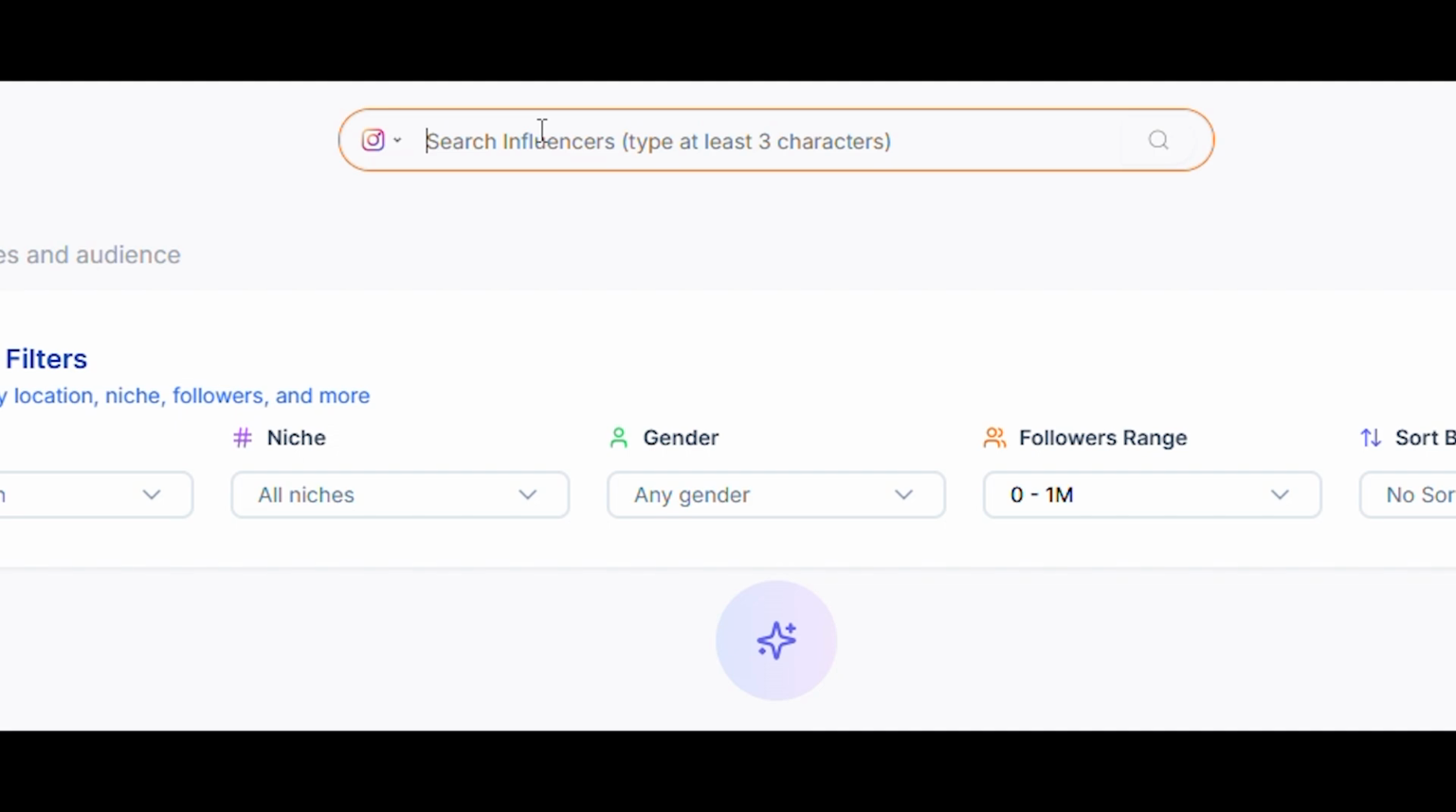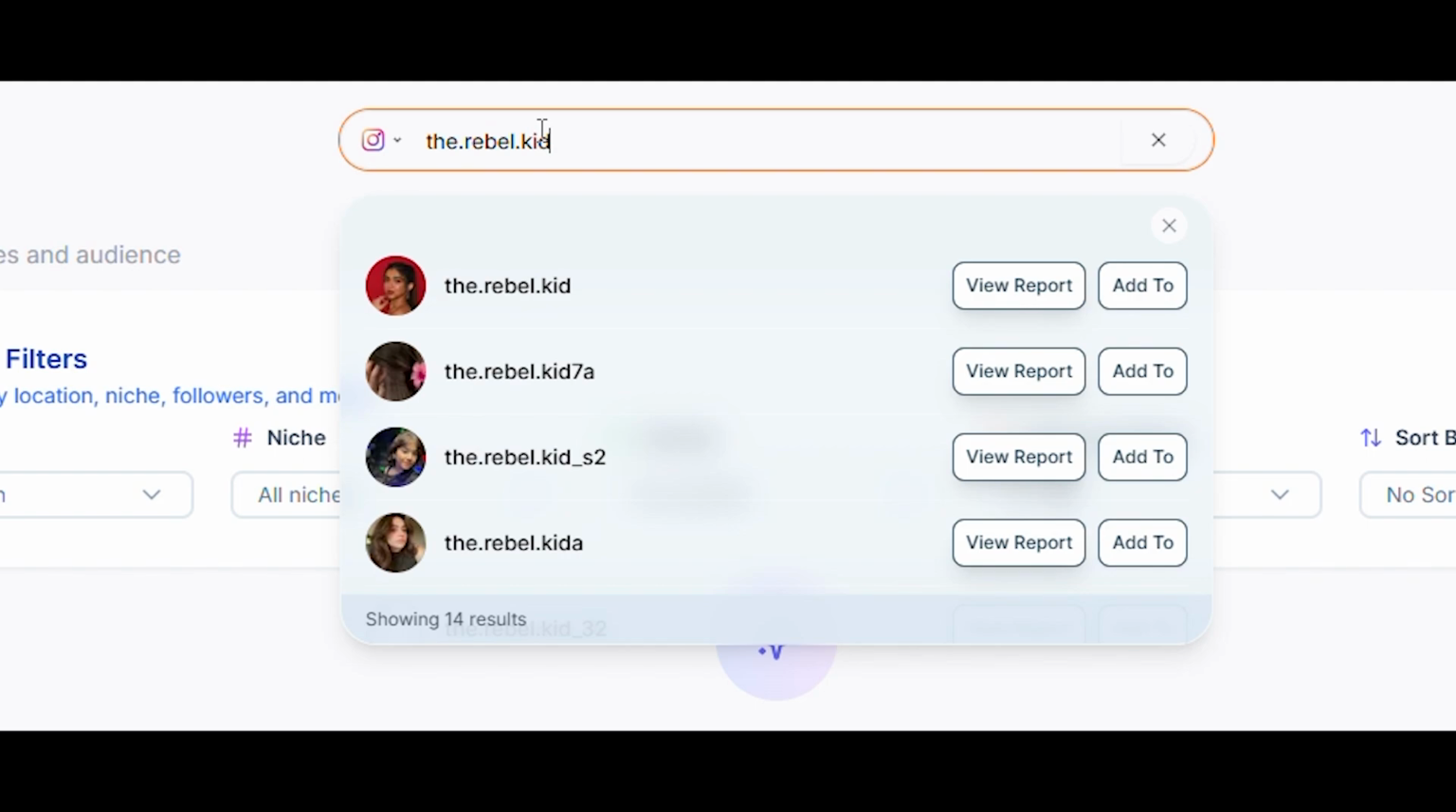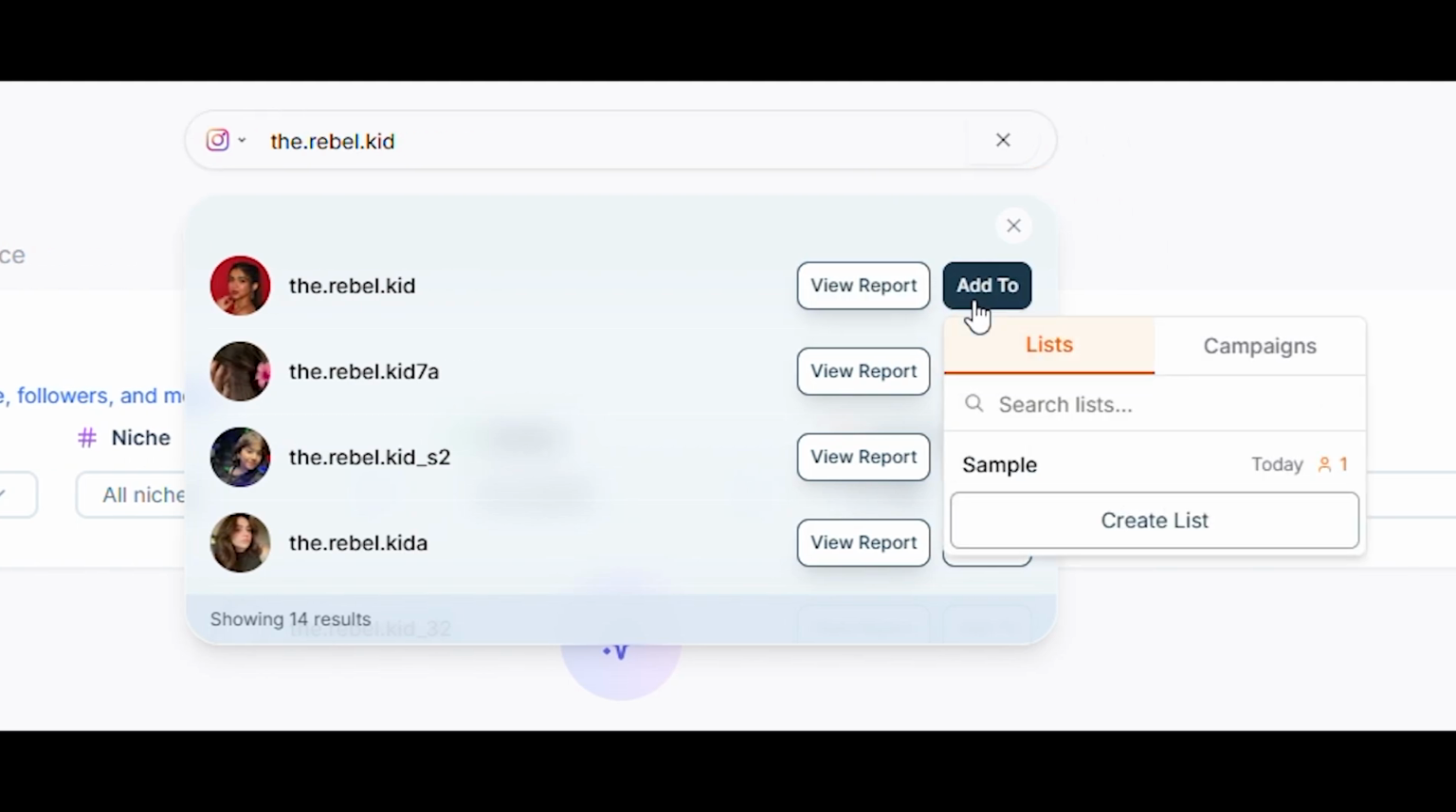For example, let's go ahead with an influencer. Once you have entered the username, you will get the list of influencers as per that username. As you can see here, you have the view report option and also the add to button, which will take you through the list and also the campaigns, which I'll get to later. You can just directly press the view report button,